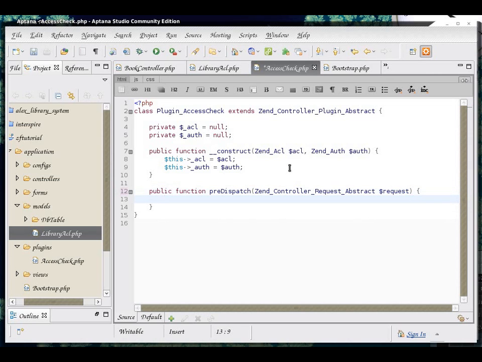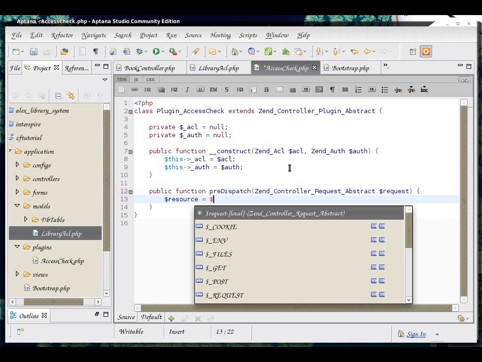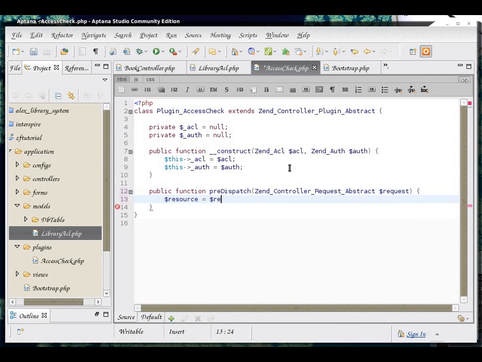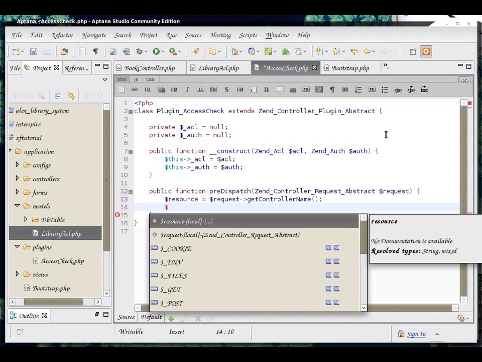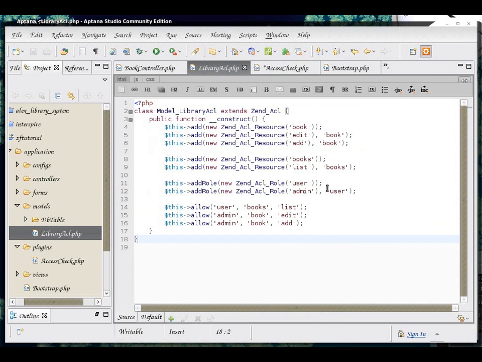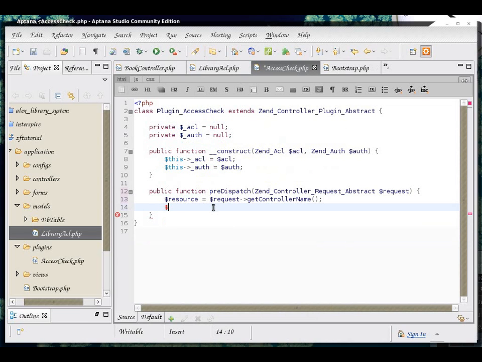So to get the resource name, that's going to be our controller. And for the second part of the ACL, we're getting the action part of the URL.